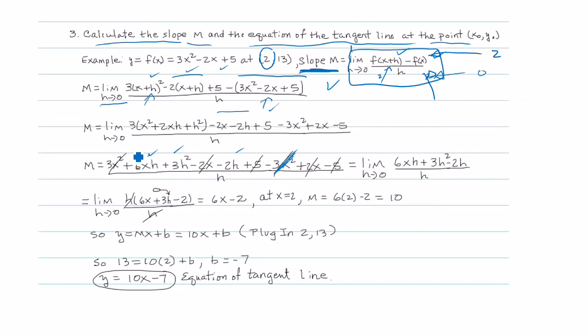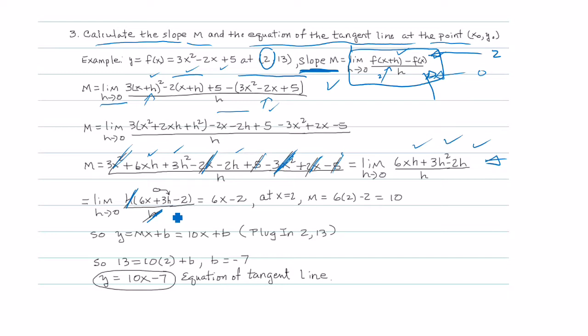The 3x squares cancel, the 2x cancels, the 5 and minus 5 cancel, and we're left with 6xh plus 3h squared minus 2h divided by h. And notice the neat thing here is you can factor an h out of the numerator, and when you do that, you can cancel the h in the numerator and the h in the denominator, and you're left with 6x